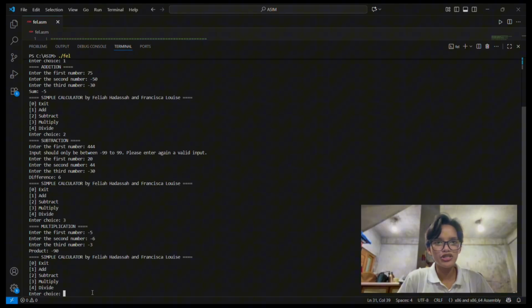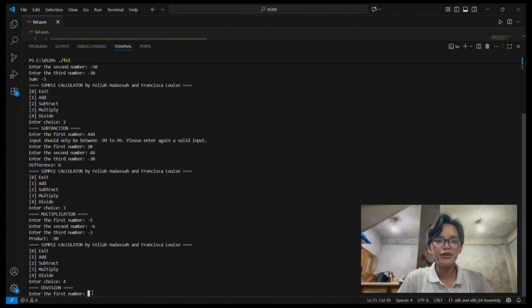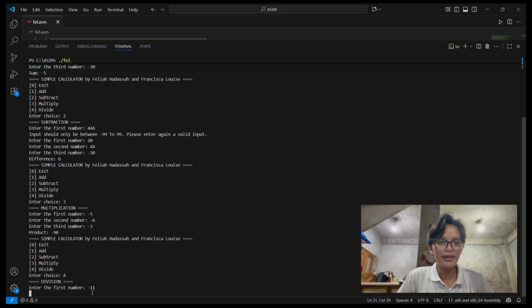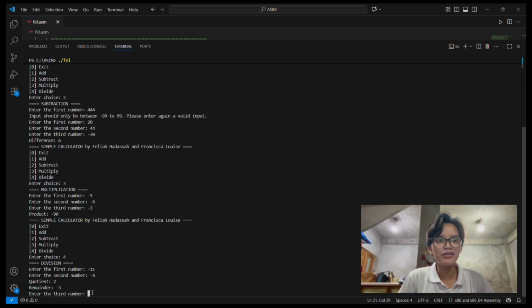Now, for the division, when the user selects option 4, the program asks for 3 numbers again. The first division happens between negative 11 and negative 4, using the IDIV instruction in assembly. IDIV divides the value in EAX register by the divisor, storing the quotient in EAX and the remainder in EDX.